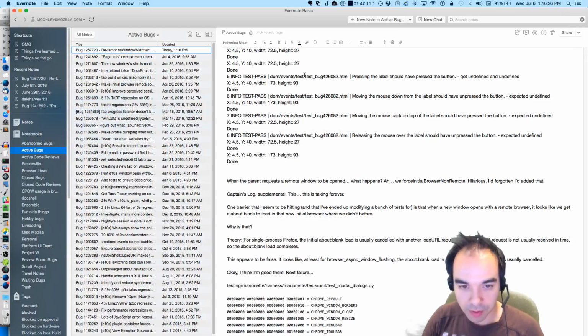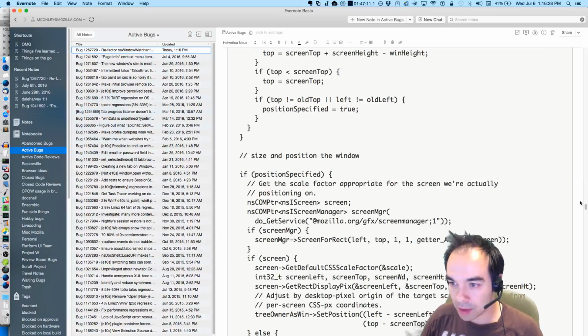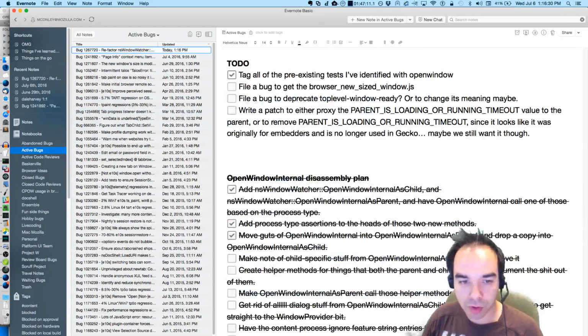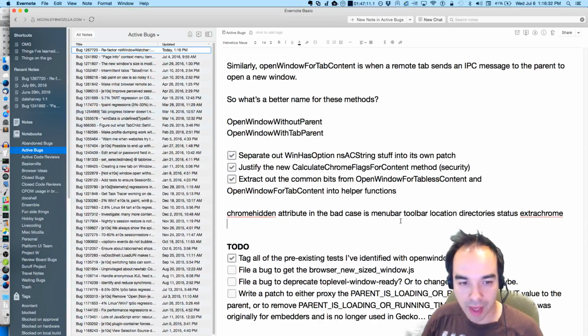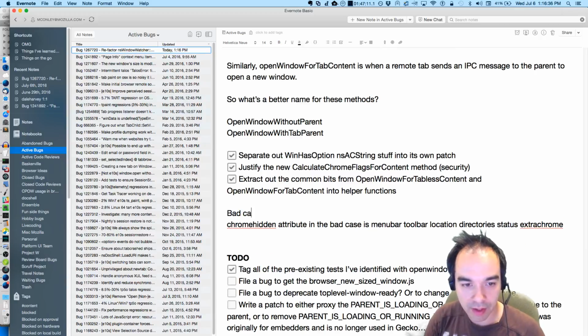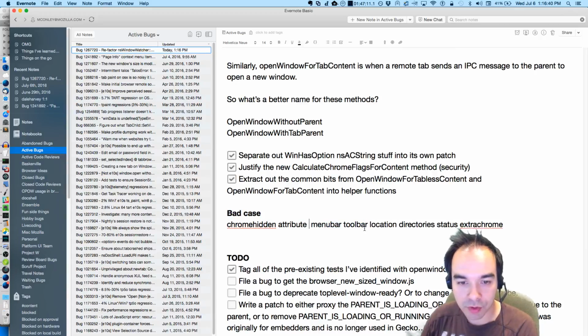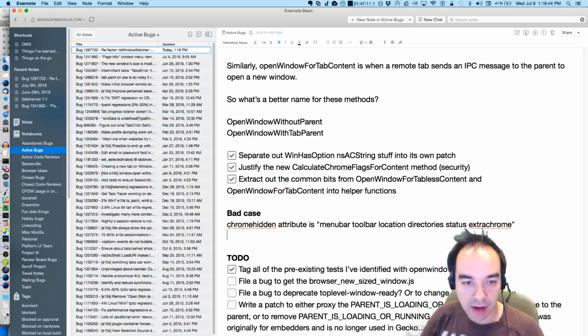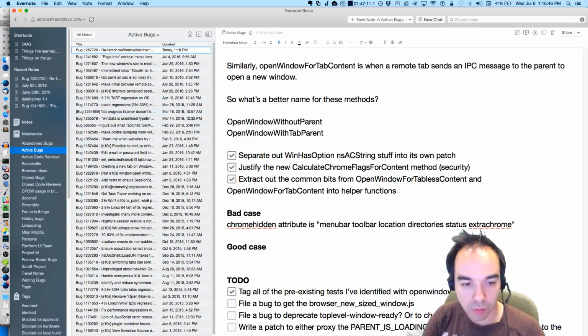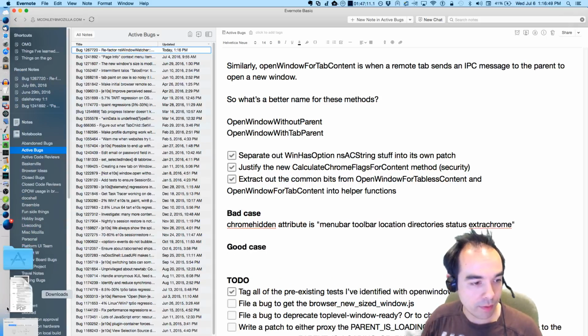I know this font's probably pretty small, so let me pump it up. Okay, so that's in the bad case. Let me really call that out. Bad case. Chrome hidden attribute is this. Now in the good case, what is the Chrome hidden attribute?